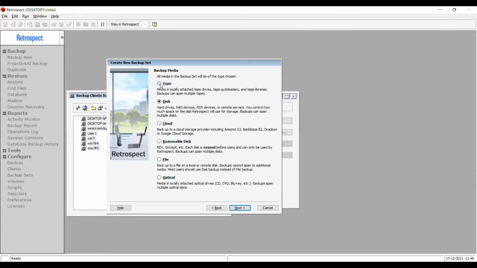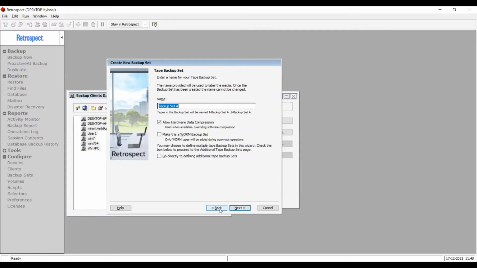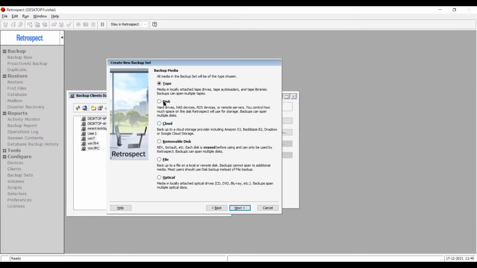I can do backup to tapes, I can do backup to disks, I can do backup to clouds in one single license. And so in this case, I'll be sticking to the disk backup set since I don't have tape available right now. But it's pretty much the same how you create the backup set. There are a few common parameters, and it will be pretty much the same as the disk backup set. Same goes for the cloud backup set also.